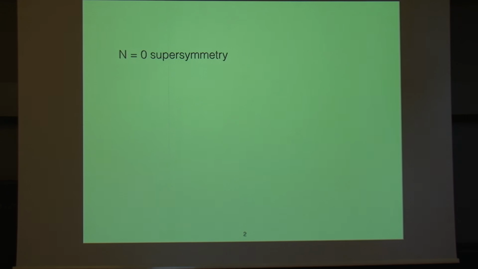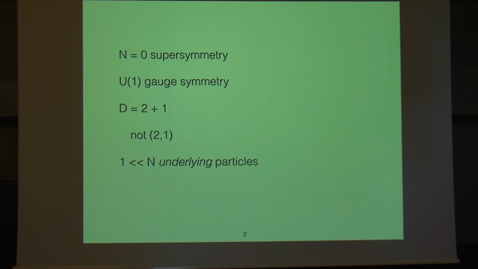So I'll be making a number of very unusual assumptions. N equals 0 supersymmetry. U1 gauge symmetry. 1 is much, much less than infinity. And the U1 is going to be electromagnetism. 2 plus 1 dimensions. And I really mean 2 plus 1, not Lorentz invariant. Not even translation, lattice systems, solids. It will be a large N, which is the number of underlying particles, electrons. We will get to a kind of continuum limit and unusual phases of matter. And we'll be discussing emergent particle degrees of freedom. We won't be dealing with a very large number of underlying particles, electrons, let alone quarks and gluons, but just